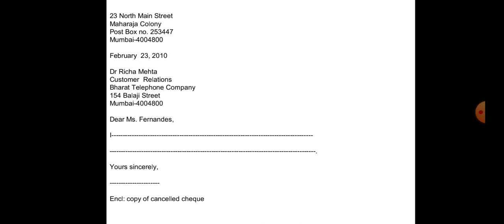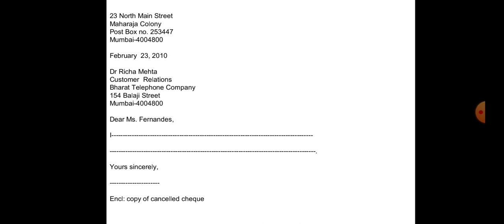And just look at this, how they have given. They have started with the left margin, without giving margin in the left side. Directly they have started from the left side, and I think you guys have not seen such kind of format of business letter. We have seen something different. That is also I'm going to show you. There is no need to worry.